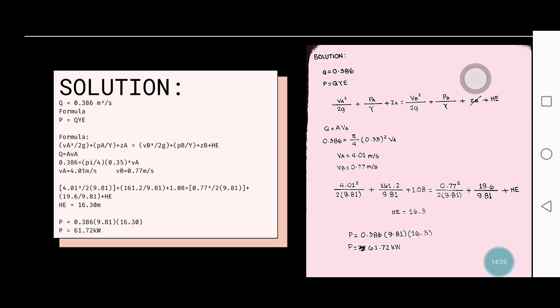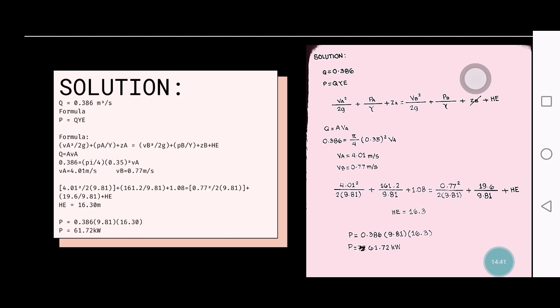So 4.01 squared all over 2 times 9.81 plus 161.2 all over 9.81 plus 1.08 is equals to 0.77 squared